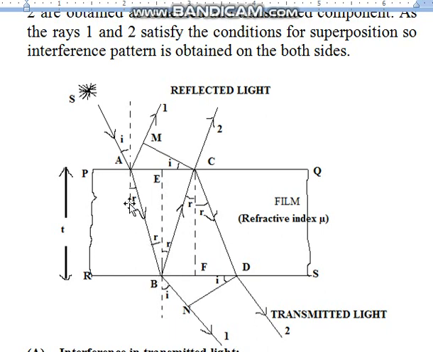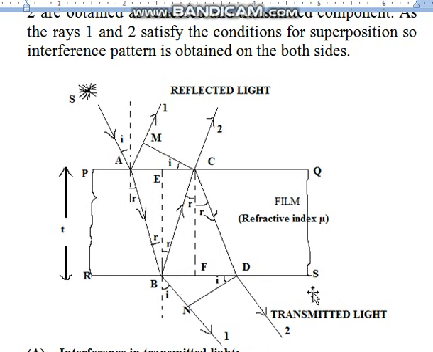These two dotted lines are parallel to each other, so this angle will be equal to this angle, and at point B there is a reflection, so both angles will be the same. If this angle is R, then this is also R, and the corresponding angle is R, because at point C there is a reflection. There is also a rule that the angle of incidence is always the angle of emergence. So this is I, then this angle will also be I, since the whole angle is 90, this is 90, this is 90, so this angle is I.